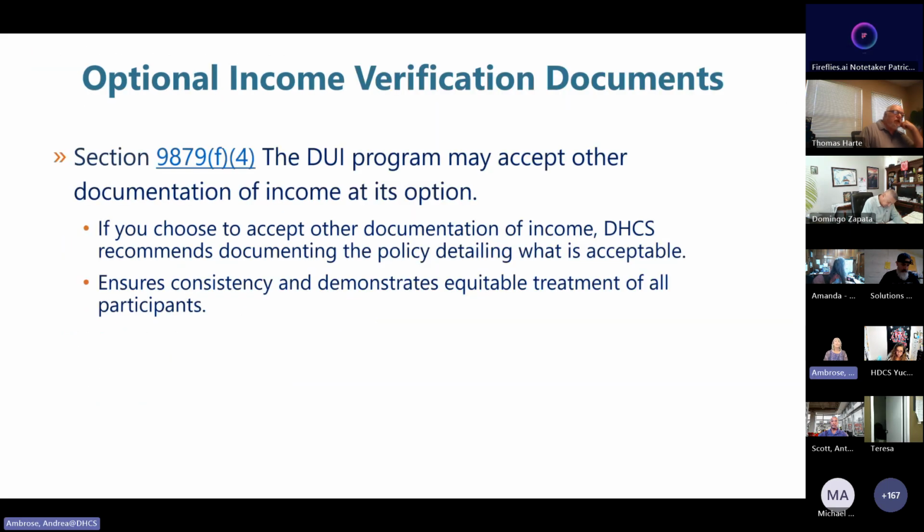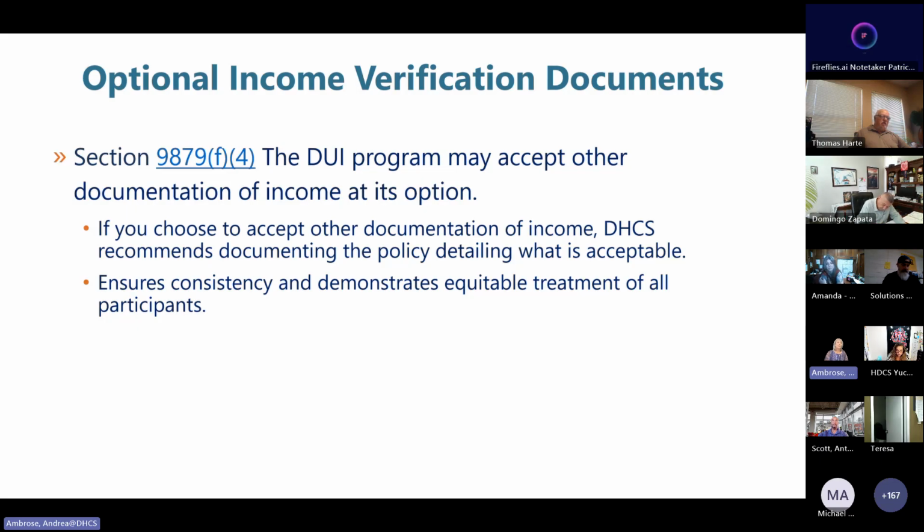All right, is there any other documentation that you can accept? Yes, you do, as a provider, have the option to accept other documentation other than what we've just talked about. But if you do choose to accept other documentation of income, we strongly recommend that you document your company's policy that identifies what is acceptable.